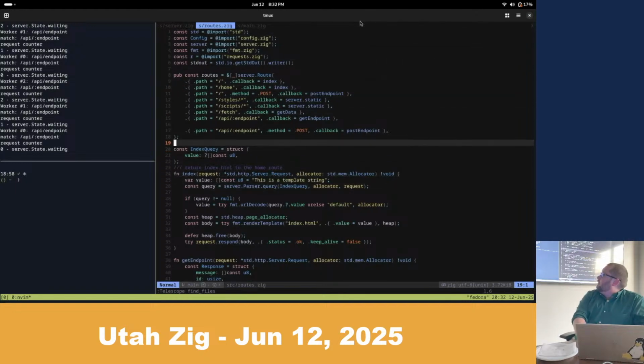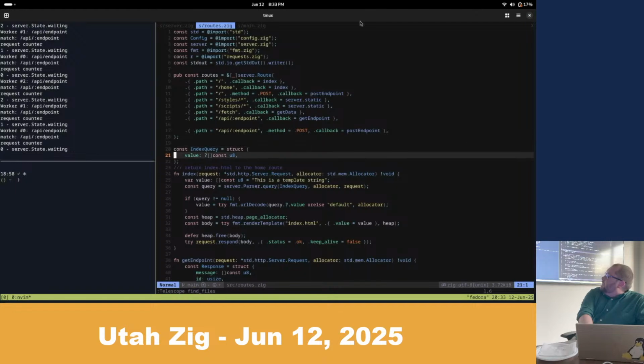So these are the routes that I've set up here. There's a path, which is a string. There's a callback, which is a function. And then there's a method which defaults to get, which is the standard to have everything default to get in most servers.